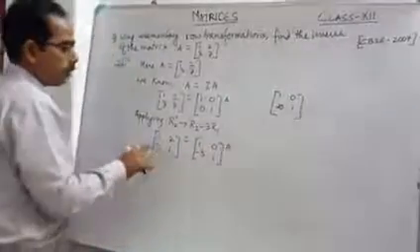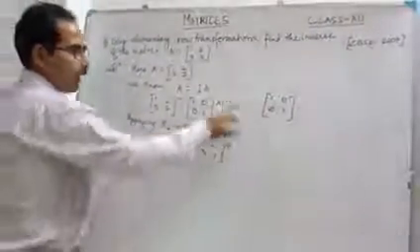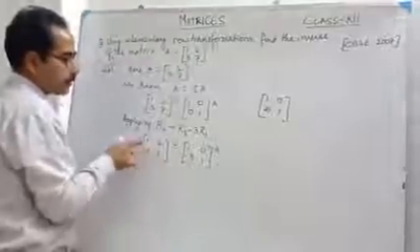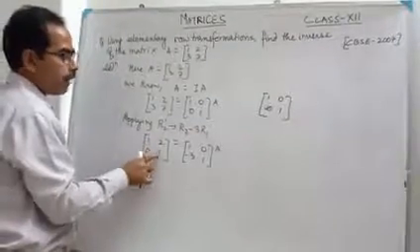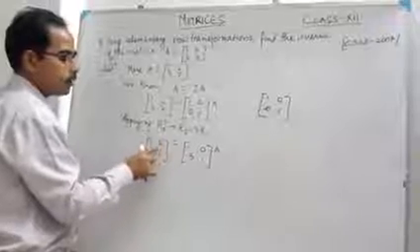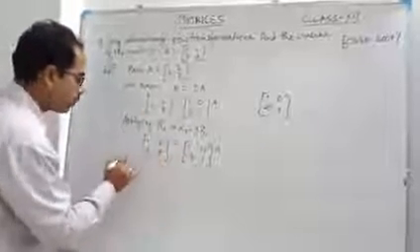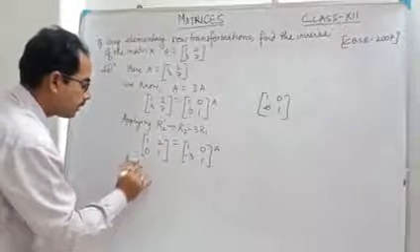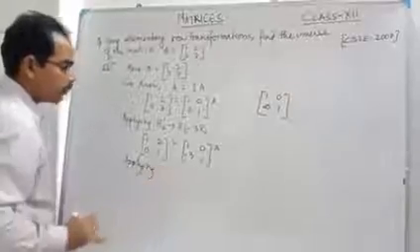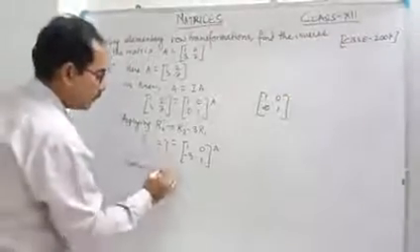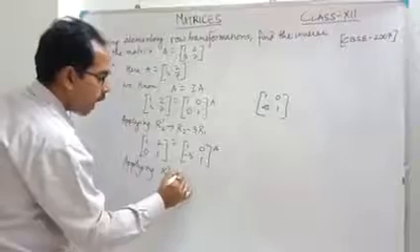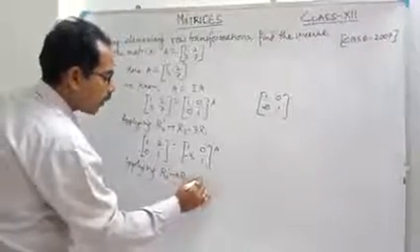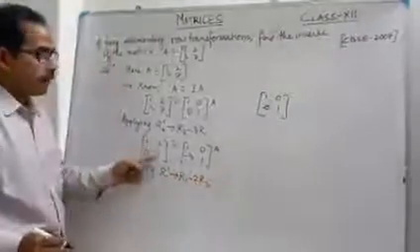Now look at here, by comparing with the identity matrix, you have already got this one, this one, and this one. Anyhow, now you have to transform this one into 0. So applying R1 prime tends to R1 minus 2 R2. Look at here.